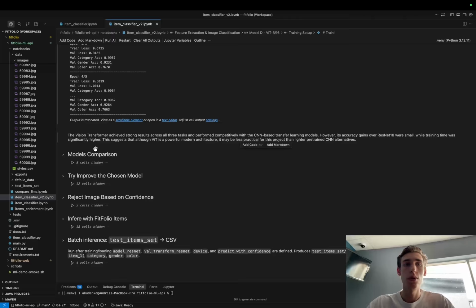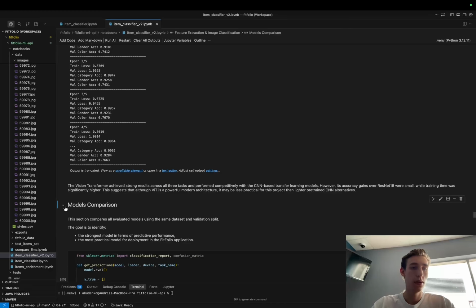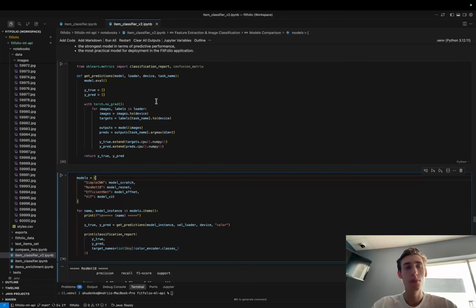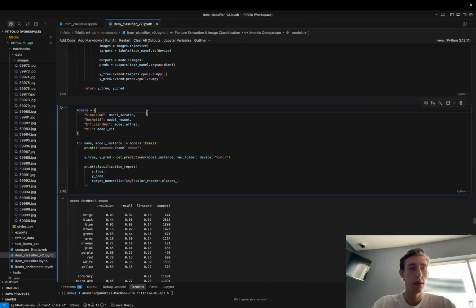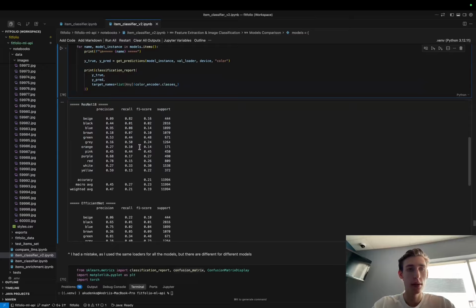considering how long it takes to train this model and how complex it is. So we'll go to the model comparison. What I have here: I import classification report. I have a function to evaluate all the 4 models that I have here, and I run it, and for